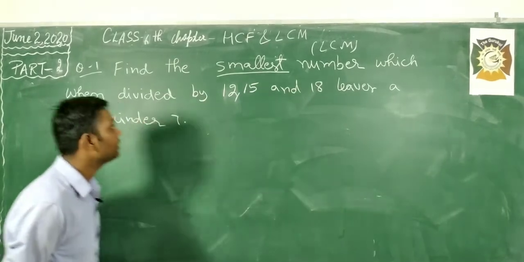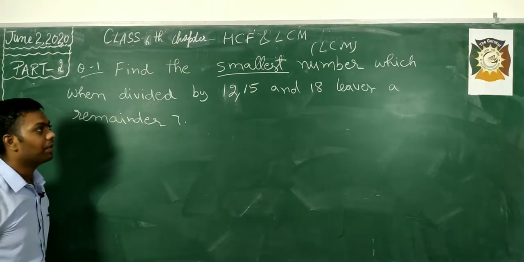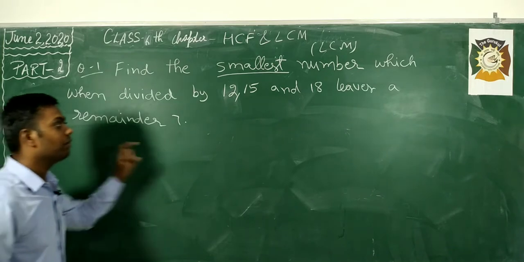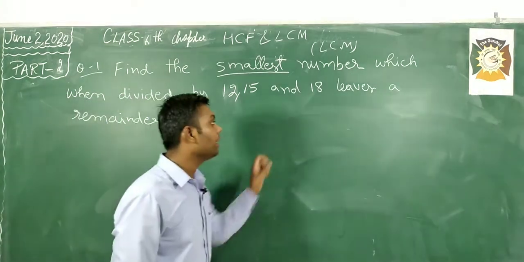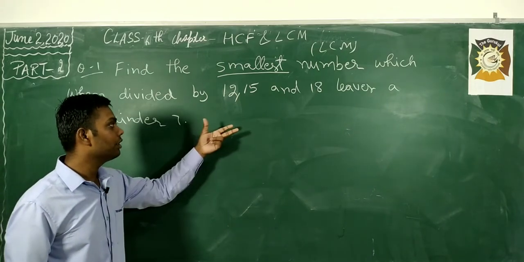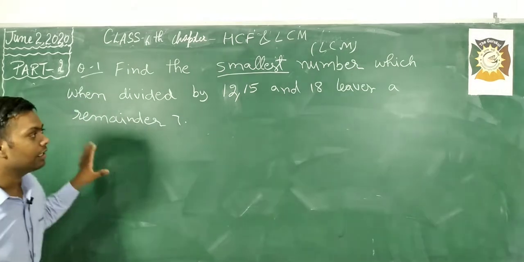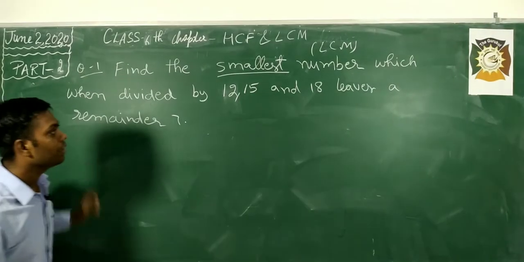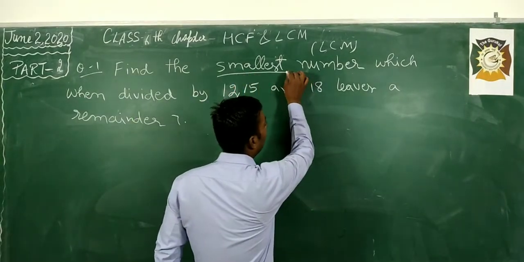Our first question is: find the smallest number which when divided by 12, 15 and 18 leaves a remainder of 7. We have to find a number which, divided by 12, 15 and 18, gives a remainder of 7. You should note that when we have to find the smallest number,